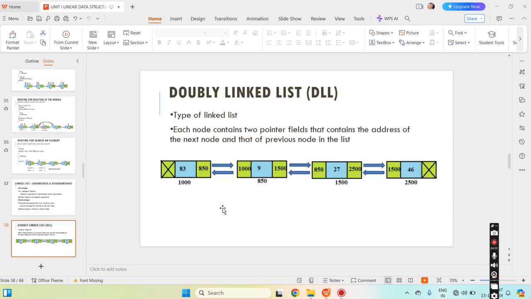Next one is the doubly linked list. A doubly linked list is nothing but it contains multiple elements, but it contains three fields. First one is the backward link, and